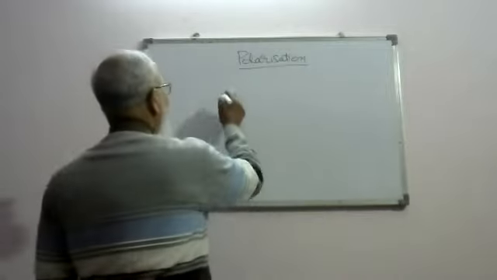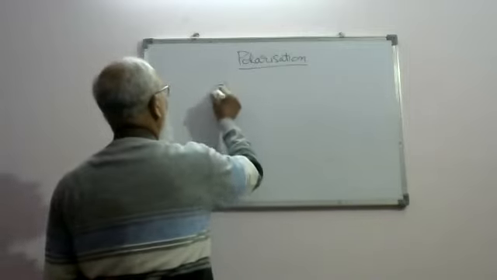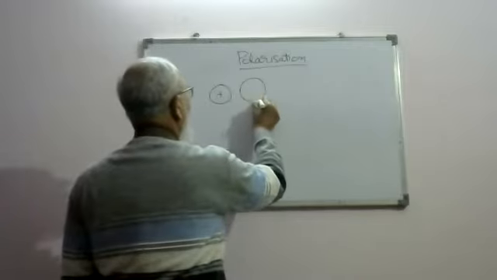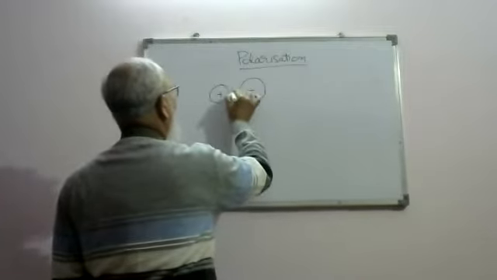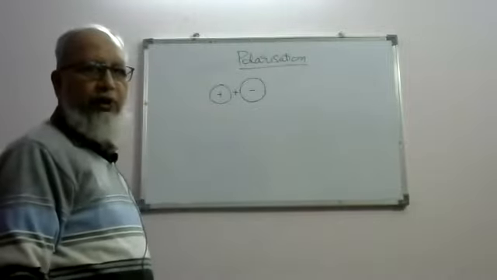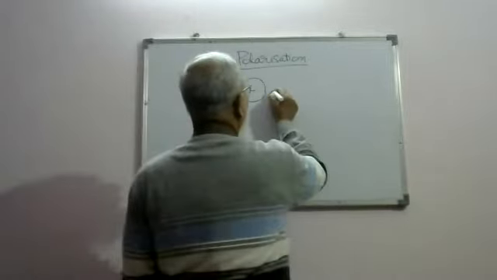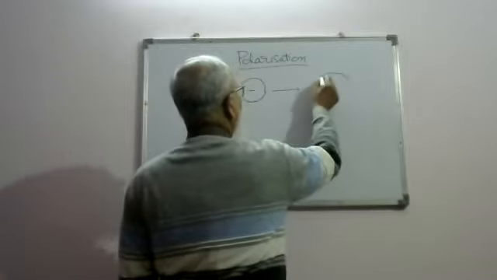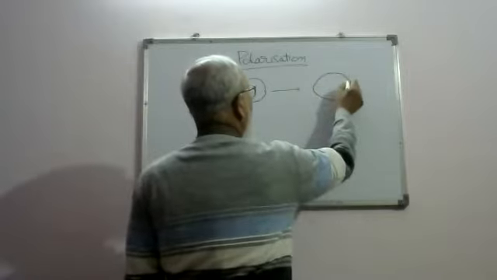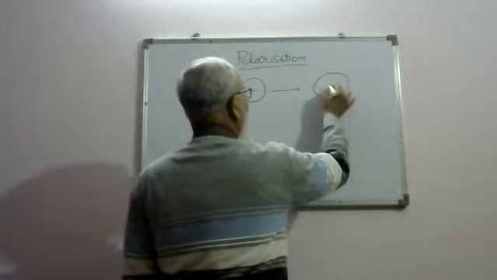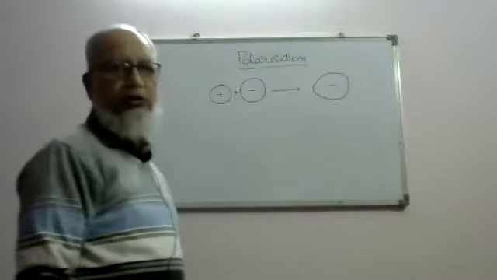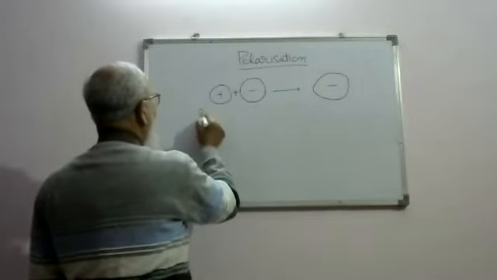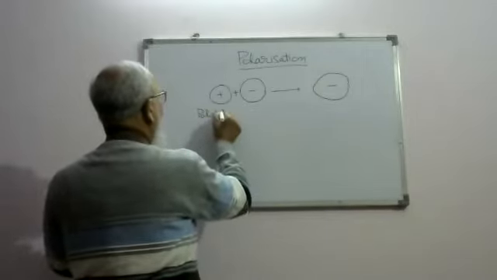This can be presented like this. Suppose this is your cation and this is your anion. These two are coming towards each other for the formation of the bond. Then, as a result of two oppositely charged forces, the shape of the anion gets distorted, and this deformation in the shape of the anion is known as polarization. So polarization is the phenomenon